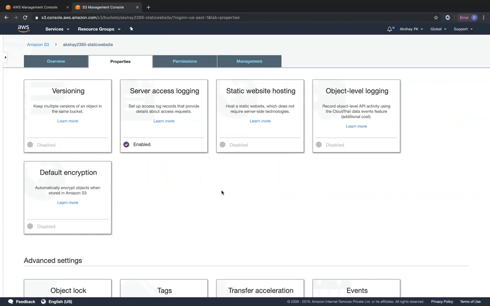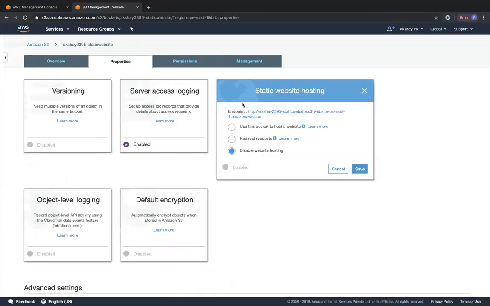So with the same S3 bucket itself, where we have created it as a static website bucket, we are going to also enable static website hosting. To enable it, we click on static website hosting, and automatically you can see, since we presented a DNS compliant name that is unique and globally available, Amazon has internally generated an endpoint for us to access our website. This endpoint is in the format of bucket name dot s3 hyphen website hyphen region code dot amazonaws.com. This is very important to note, how the endpoint is formed.